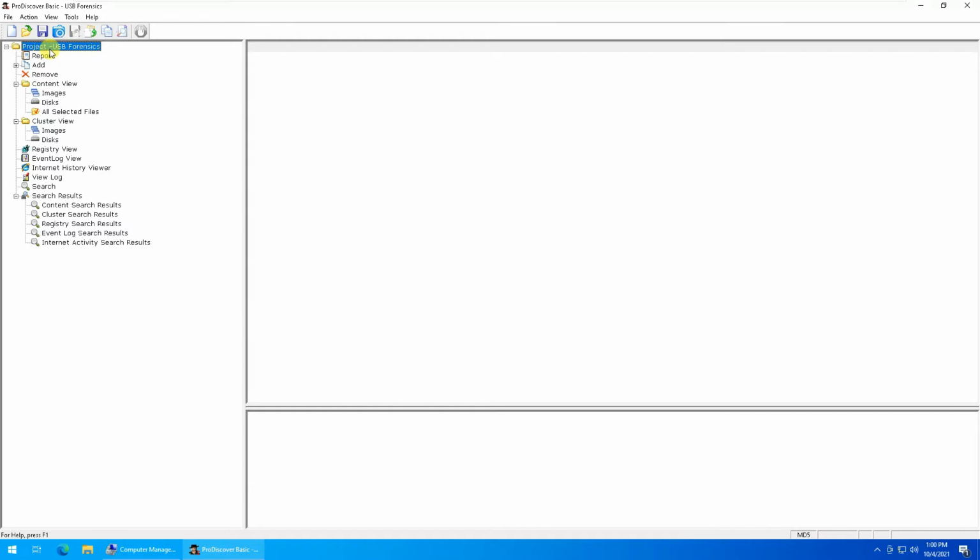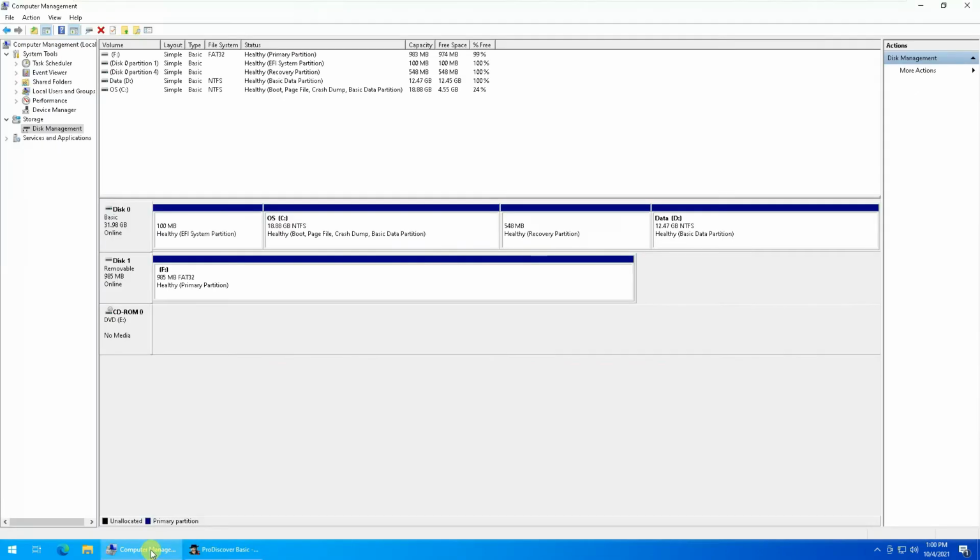Keep in mind that we are conducting an analysis on a thumb drive which is of 1 GB only. Just to repeat it again, once the image is created, it would consume roundabout 1 GB of space on the storage medium, either if you're saving it on C or D drive. So make sure that you have at least 1 GB of storage free on any of those partitions wherever you are going to store it.